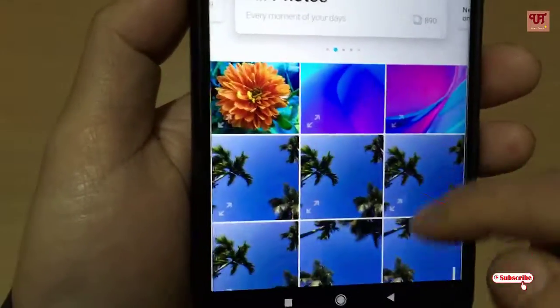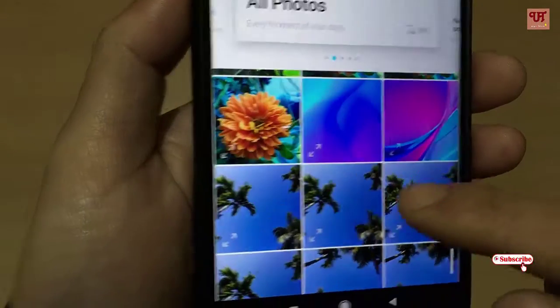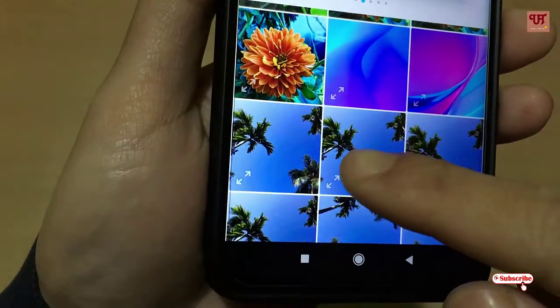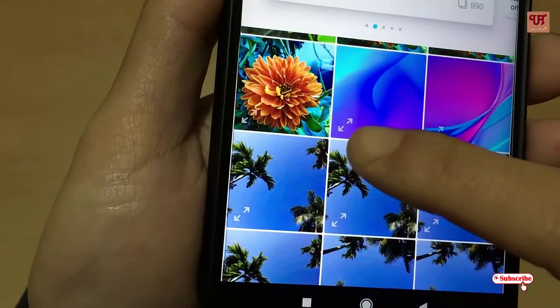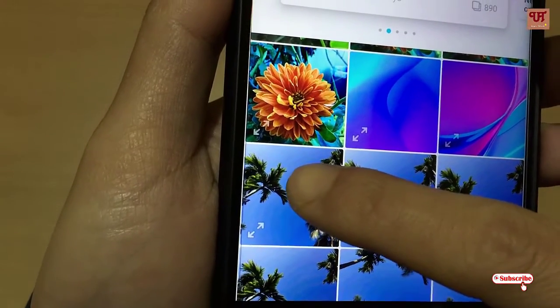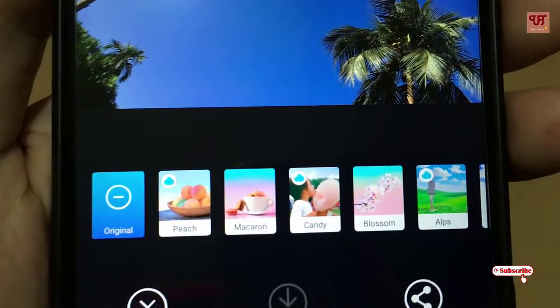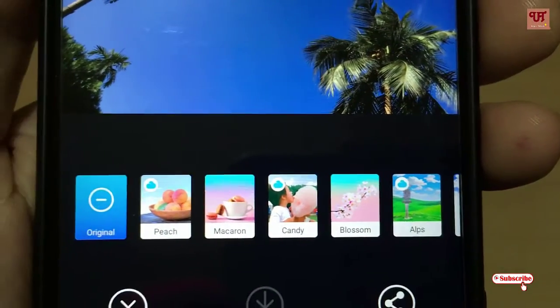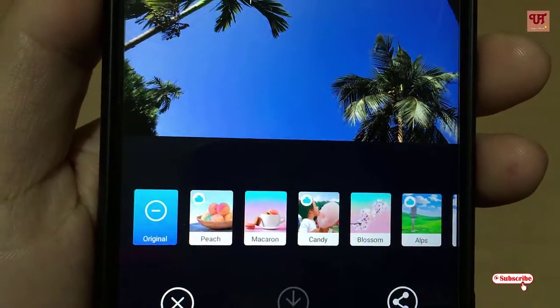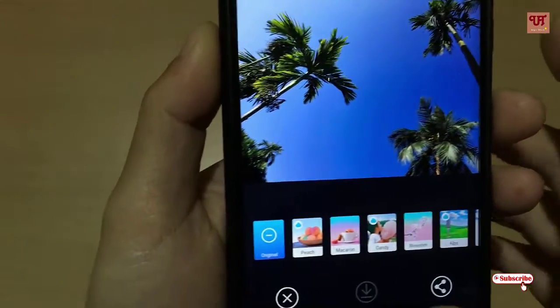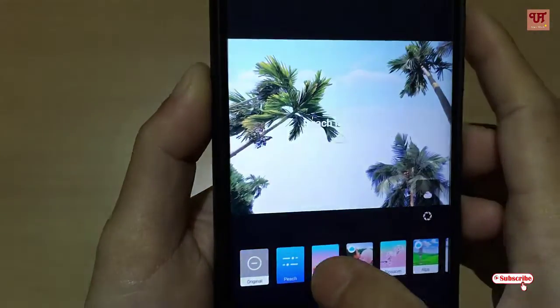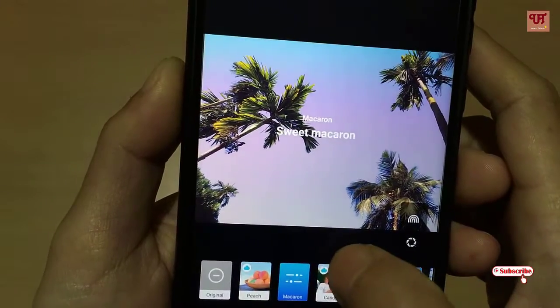Scroll down below, and select one of the photos that has a sky. So I'm selecting this. Now you can see you get the options to change the looks of the skies, the different filters, that is the sky filters. So let us try one by one whether it works or not. Now you can see if you tap on different